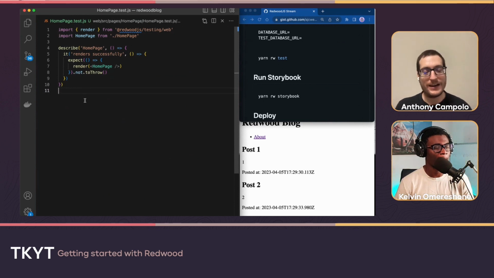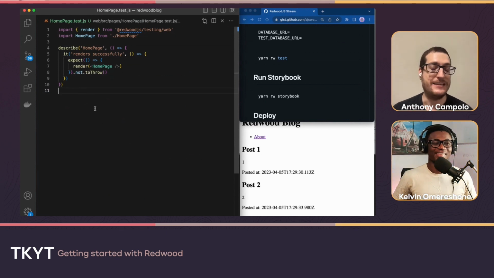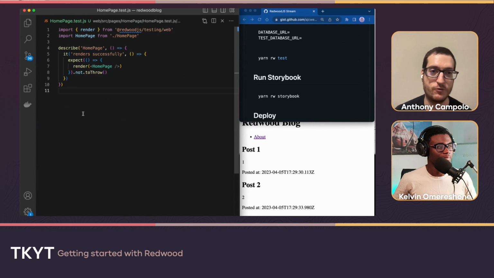I don't write a lot of tests, I'll be honest. I'm a DevRel, and DevRels tend to not write a lot of tests, but Redwood really believes that testing is important and that you should have good testing infrastructure already set up for you. So here, this is going to make sure that at least at baseline, your home page renders, and it renders correctly. That's your first basic test, just to make sure that you're testing all of your pages.